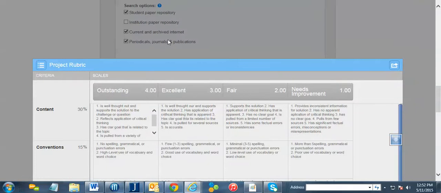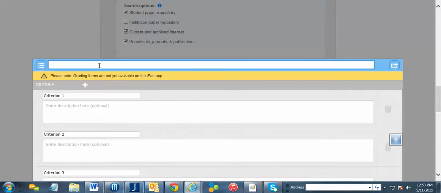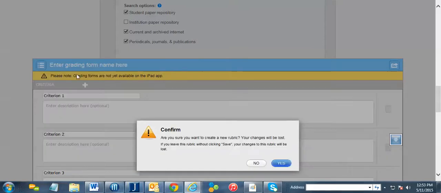So say I don't want to use that rubric, I want a new one. I come in here and click on this little device at the top left corner and say create a new rubric. If I want a different grading form, I can create that. So this is a different type of grading form. If I want a new rubric, it's going to